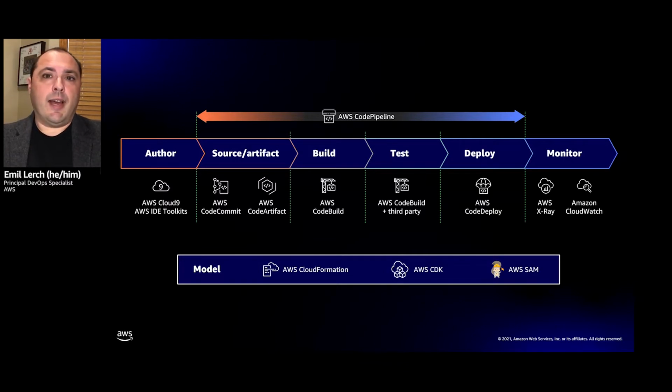This allows her to describe infrastructure in an imperative way, using the programming language that she's familiar with to be able to provide things like conditionals and loops to describe her infrastructure in a very succinct way that can then turn around and synthesize into something like a CloudFormation template.